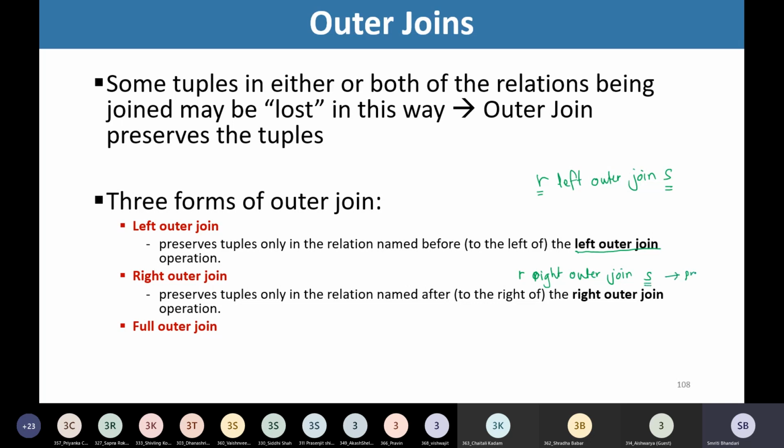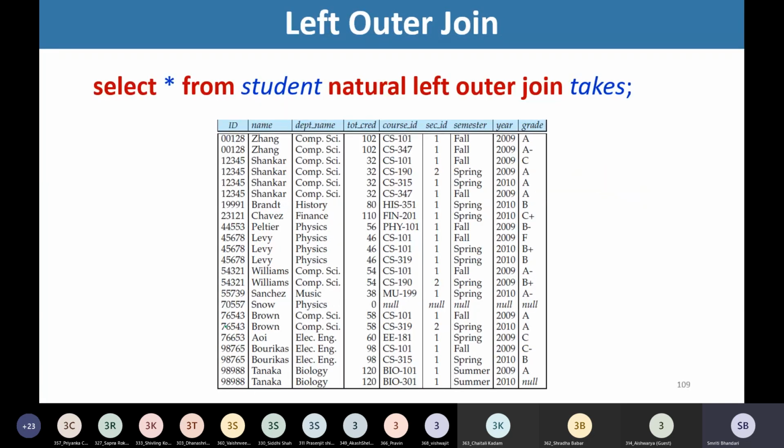The unmatched tuples from the right hand side relation are preserved, even though they do not have a match in the left hand side relation. Okay, and what happens in full outer join? In full outer join, we will preserve all the unmatched tuples in both the relations.